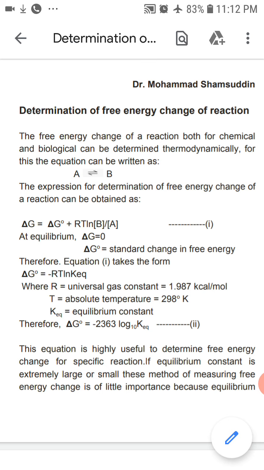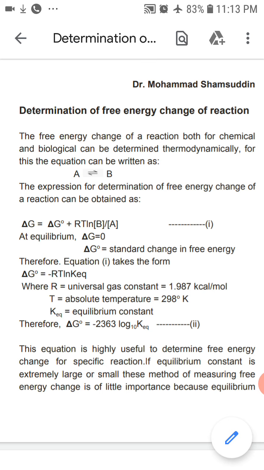Since we are generally discussing bioenergetics, that is free energy change in biochemical reactions, in this system it is necessary to determine the free energy change of a reaction. The free energy change of a reaction, both for chemical and biological systems, can be determined thermodynamically, and for this the equation can be written as